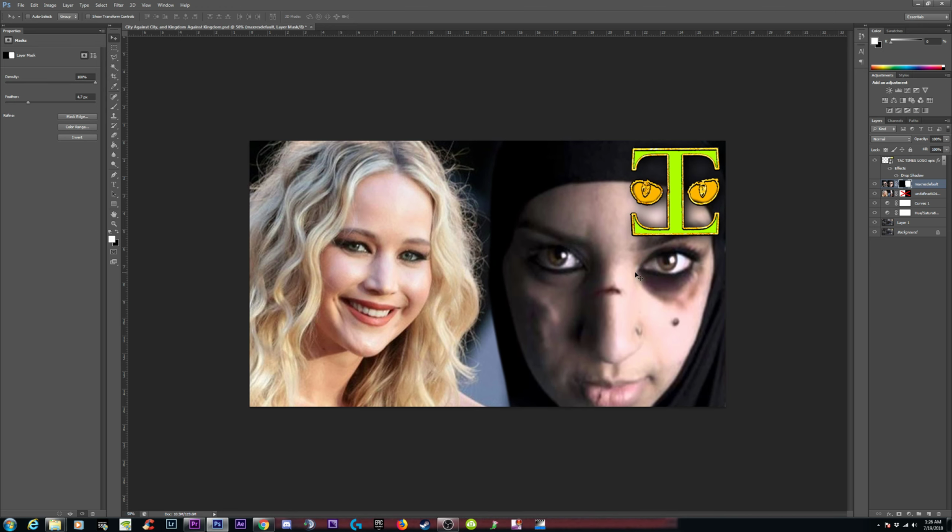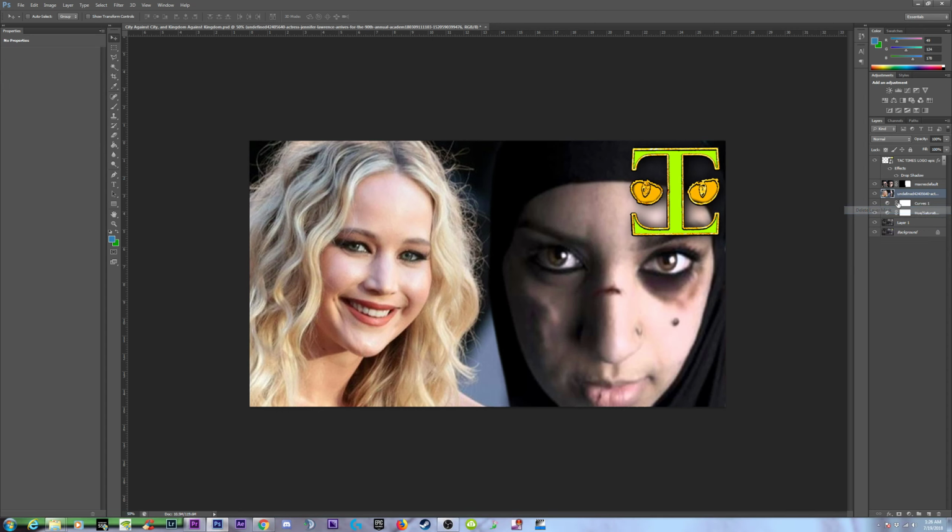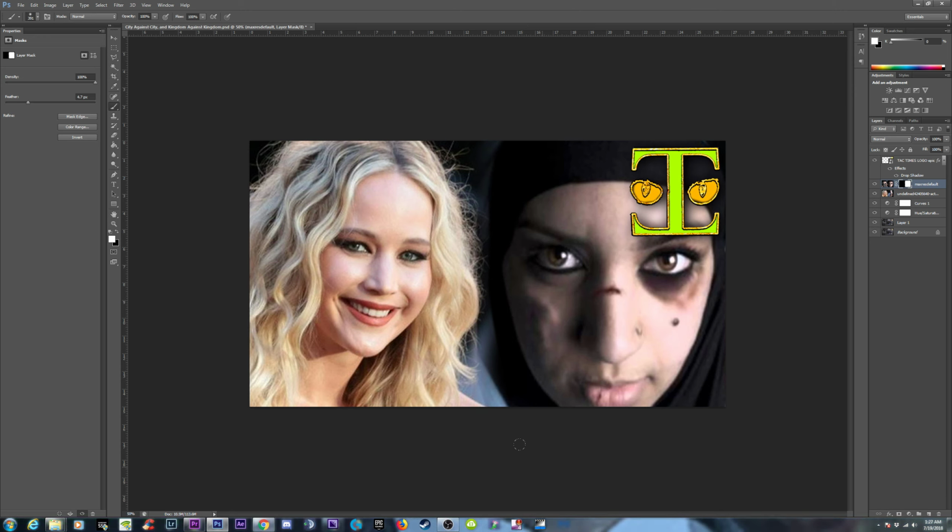There we go. Then if we want to take her, we could just delete layer mask. Then we could take her if we want to bring more out from her background. We can feather some background in there like that. But we don't want too much of that because, sorry, our feather tool is a little intense there,